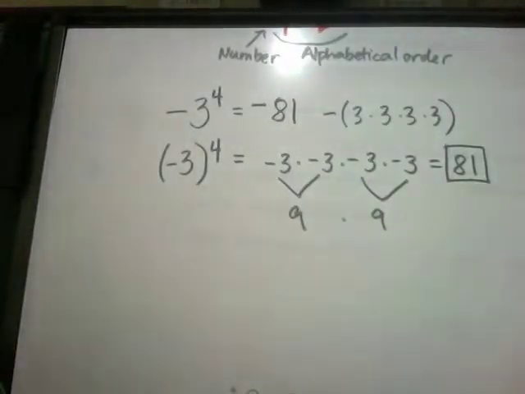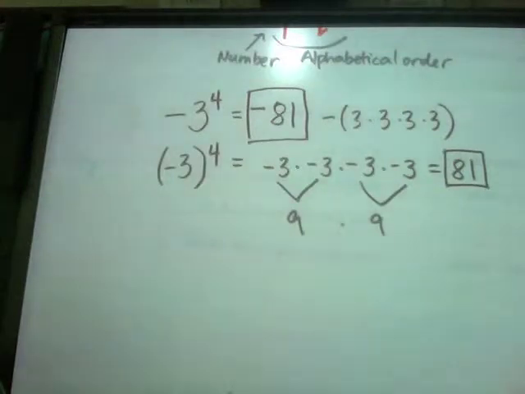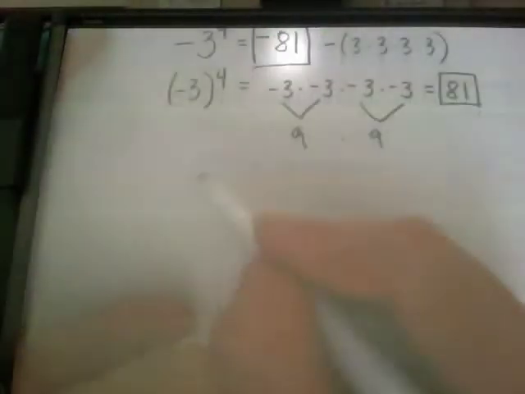4 of them negative. So notice we get 2 different answers from these 2 problems. Negative 81 is not the same as 81. So you got to be very careful with those parentheses. I'll show you a couple more with the parentheses. For example,